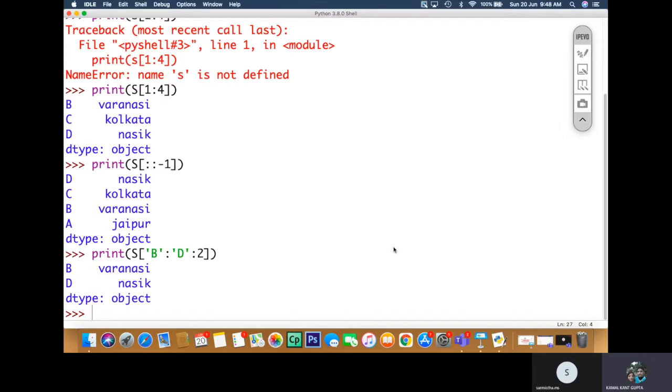You see here, the value of Nasik, which has label D, is also included in the output. Starting with B and taking C makes a jump of 2, but after the jump you reach D, so D is also included.